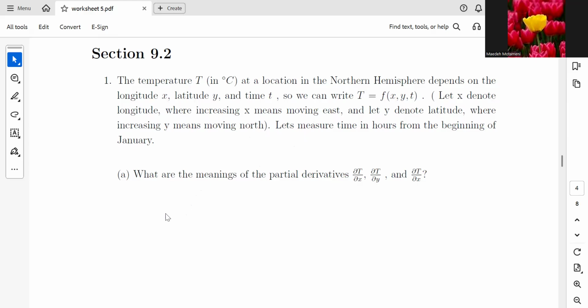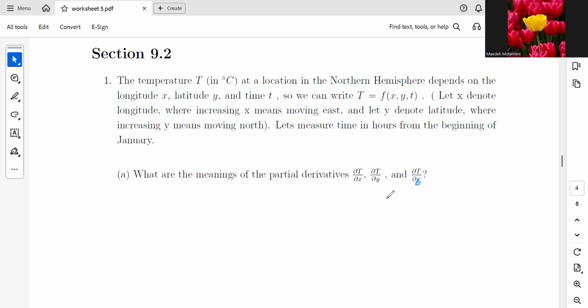Now, the question is, what are the meanings of the partial derivatives? Partial derivative of T with respect to x, partial derivative of T with respect to y, and partial derivative of T with respect to t. Sorry, t. It should be t here. So we know that partial derivatives are all about rates of change, but in different contexts. In here,